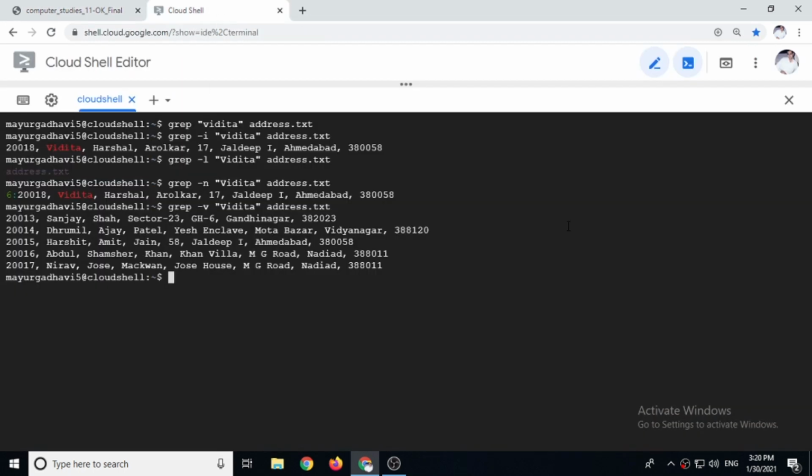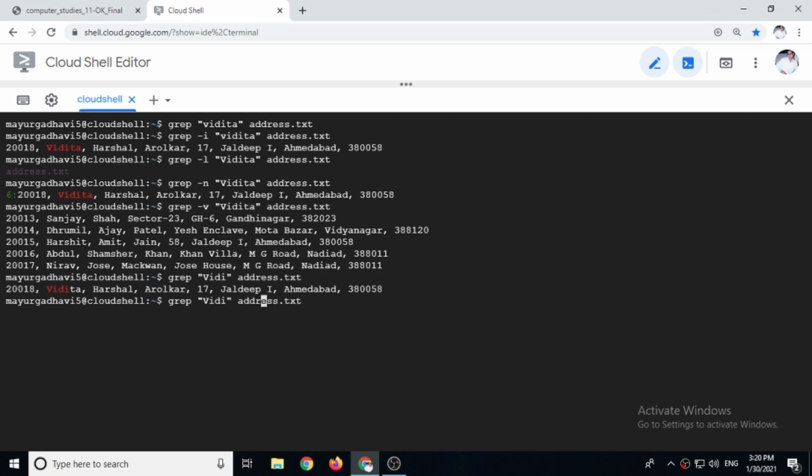Now say for example grep inside double inverted comma, we'll just find out VIDI and not the entire word from address.txt. So then also it will be able to find it.